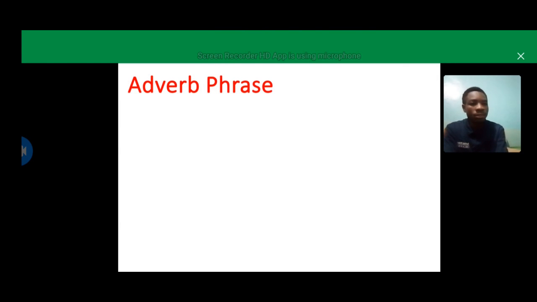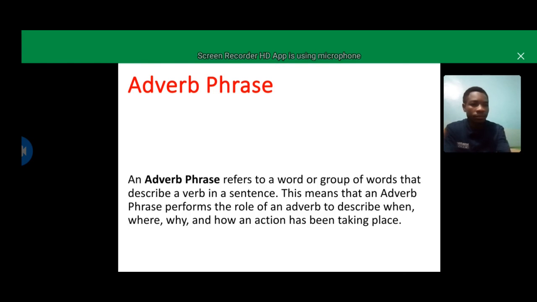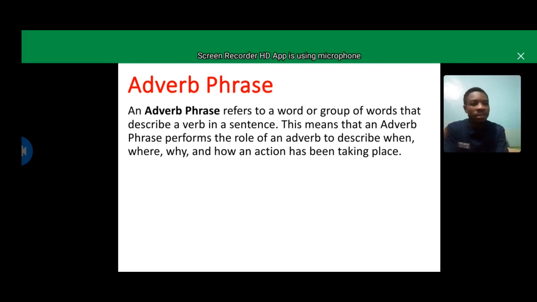Now let's look at adverb phrase. An adverb phrase refers to a word or group of words that describe a verb in a sentence. This means that an adverb phrase performs the role of an adverb to describe when, where, why, and how an action has been taking place. For examples,